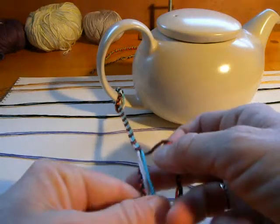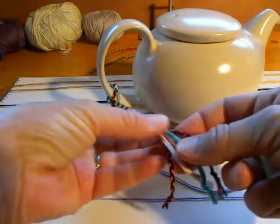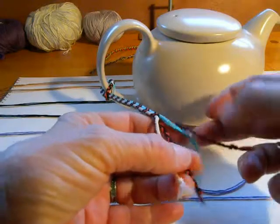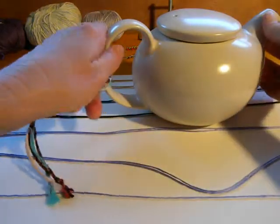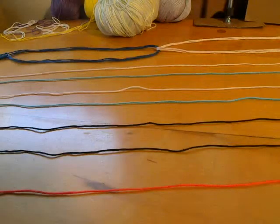A bracelet with a loop at one end and some little mini braids at the other end can make kind of an instant little bracelet, or in this case a decoration for my teapot. This is going to be another demonstration of a bicolor mixed square braid with chevrons over bicolor